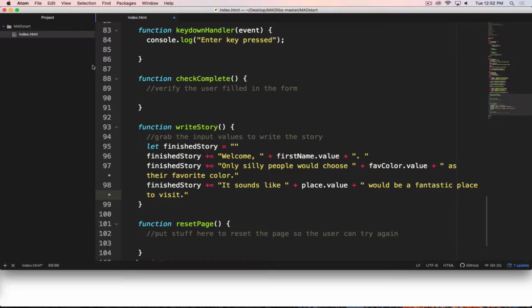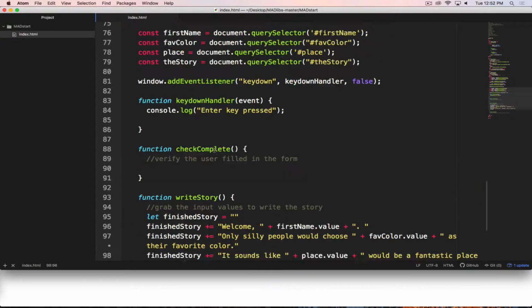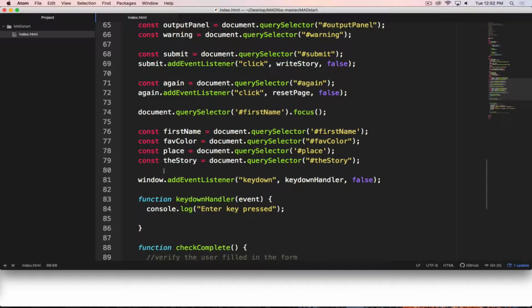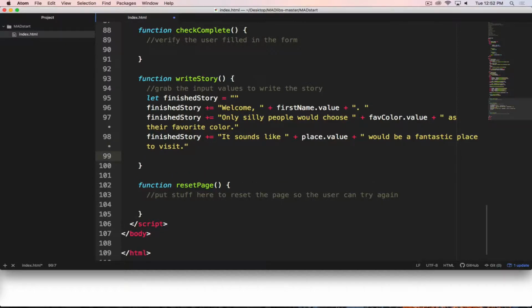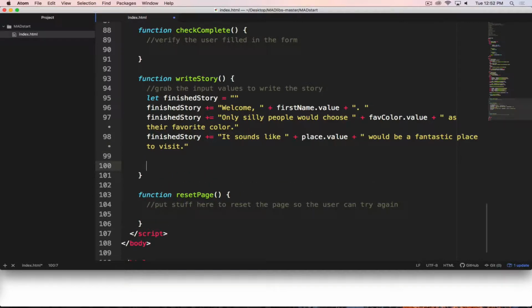And with this in here under Write Story, now I can save this and let's see how this looks, because currently when I press the button, under Submit, it's going to call Write Story. Write Story updates this. Oh, final thing that we need to do is populate. So we'll grab the story, and the first method we will look at is just changing the inner HTML of that. So we're changing the contents of that element to